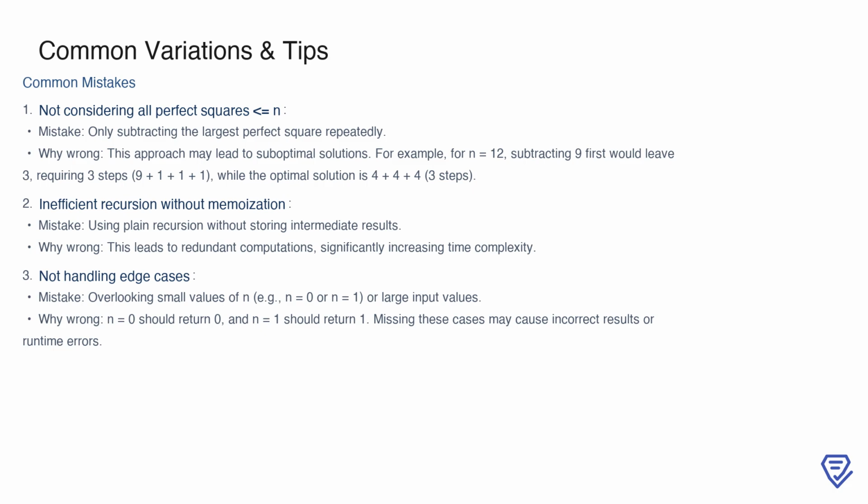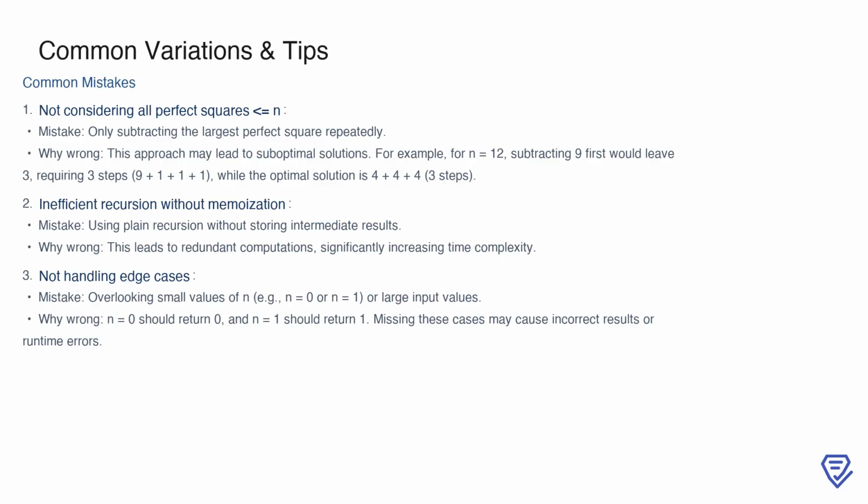Another mistake is relying on inefficient recursion without memoization. This can lead to redundant computations and significantly higher time complexity, especially for larger values of n. Lastly, overlooking edge cases like n equals 0 or n equals 1 can lead to incorrect results or runtime errors. For example, n equals 0 should return 0, and n equals 1 should return 1, which are critical cases to